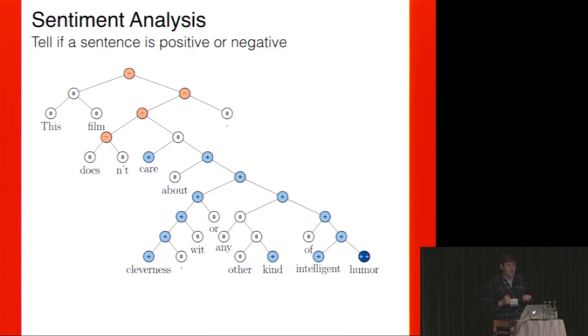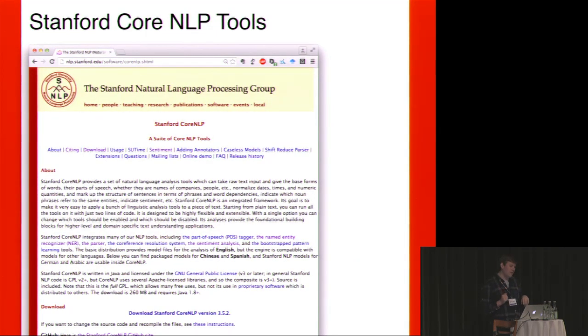And for this, they actually use the recursive deep neural network, which Rolf was talking about. And if you want to use this, I would just recommend using this Stanford Core NLP tool, which is written in Java, but you can use the subprocess module in Python and just get the results from that.